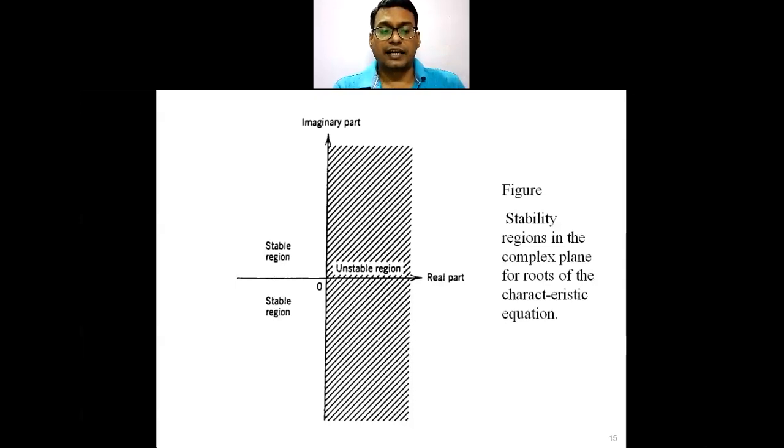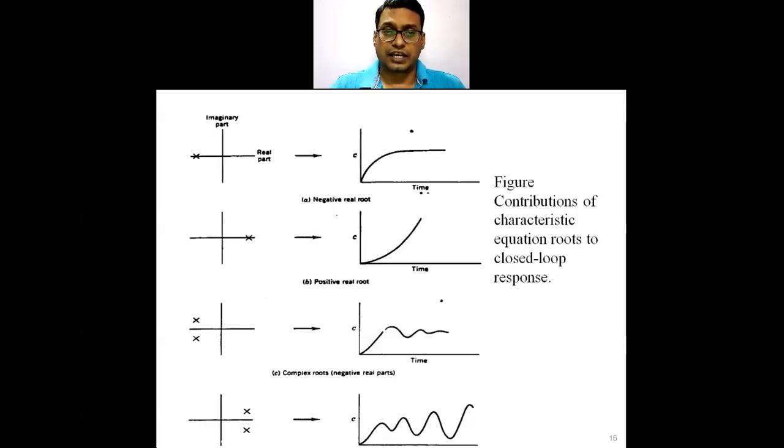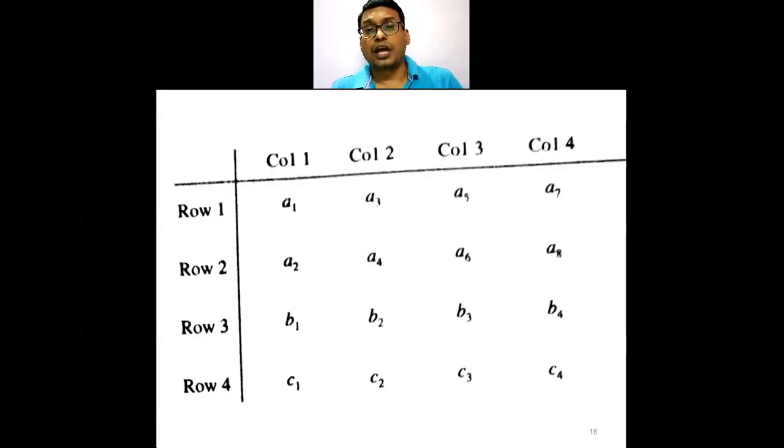If the roots are on the negative side of the imaginary axis, then the system is stable. That one can definitely correlate by understanding this Routh-Hurwitz criteria. Now, how to develop this Routh-Hurwitz array? First, you have to develop an array, and then one has to